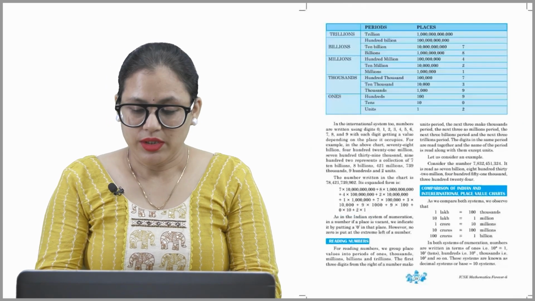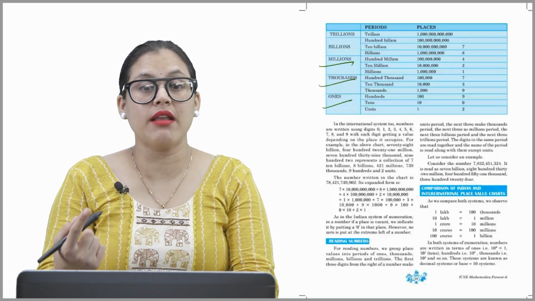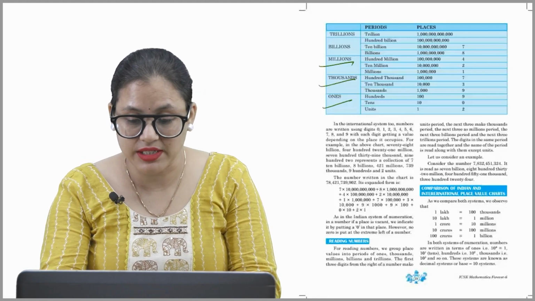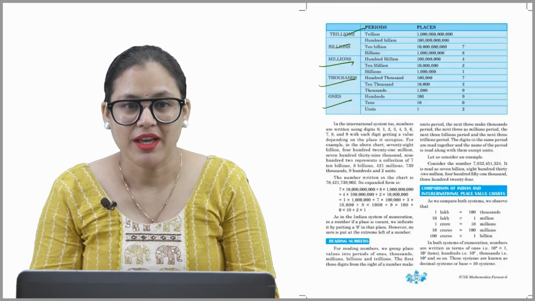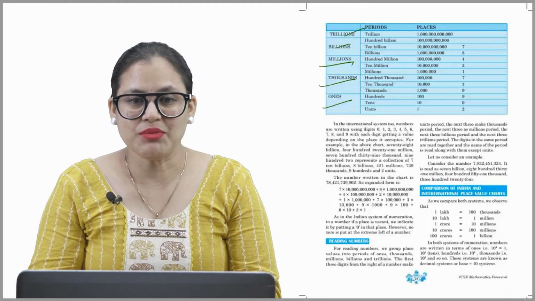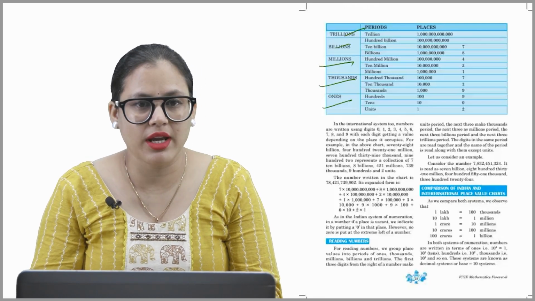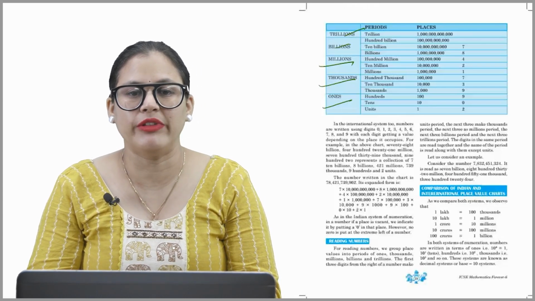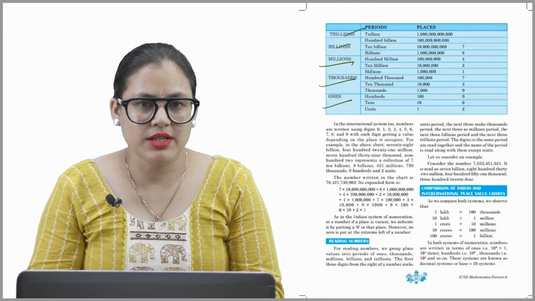See, ones period, then thousands period, millions period, and then there is billions period, and after billions period there is trillion period. Okay, so in the international system too, numbers are written using digits 0 to 9, with each digit getting a value depending on the place it occupies. For example, in the above chart,